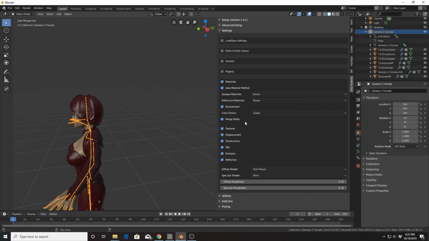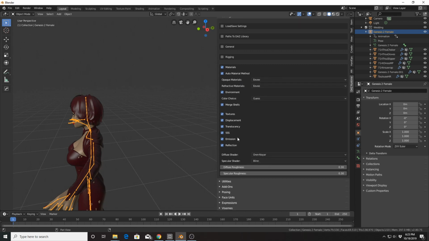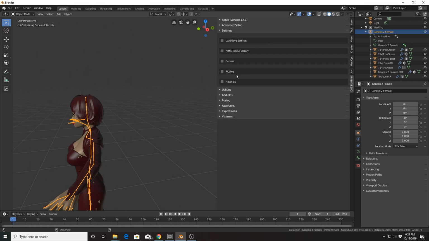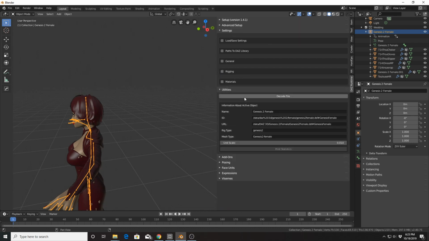A lot of these look familiar from the old version of the importer in 1.3. This looks like if you're using Blender Render, but that's not available here in Blender 2.8, so that's kind of obsolete. Utilities, I haven't got too much into that.